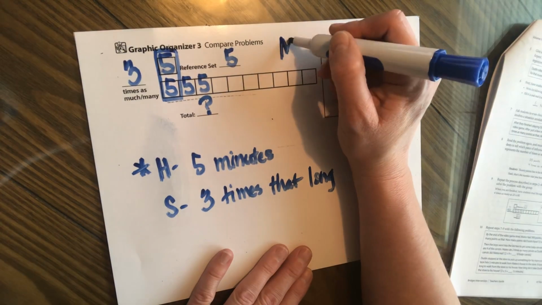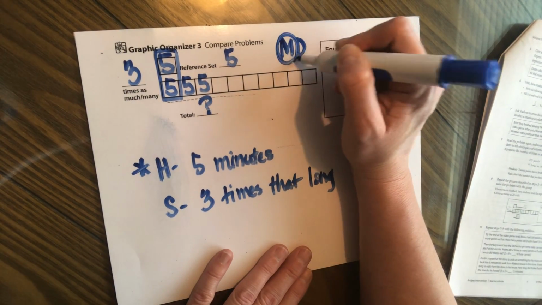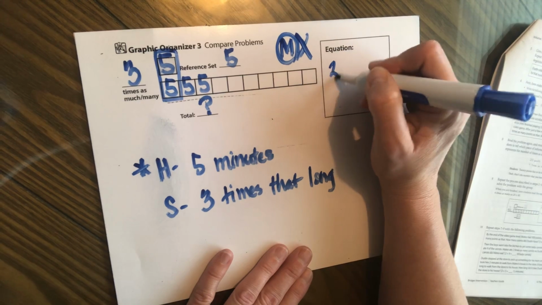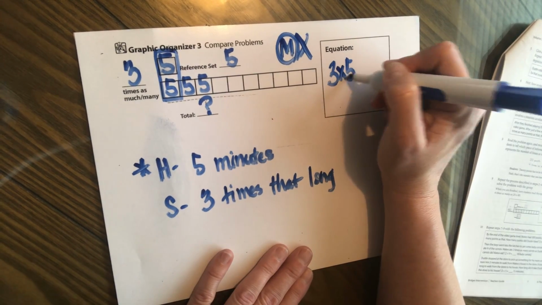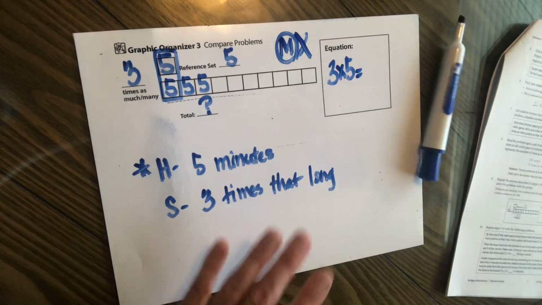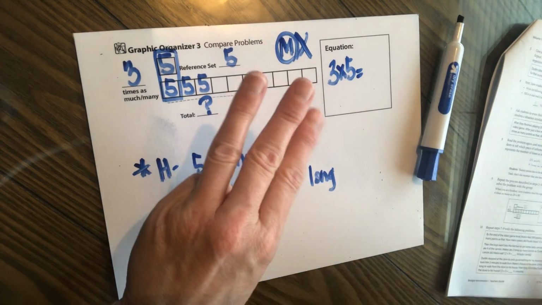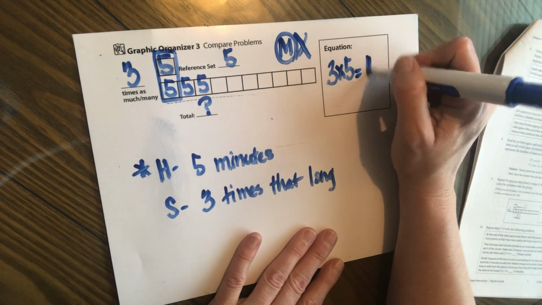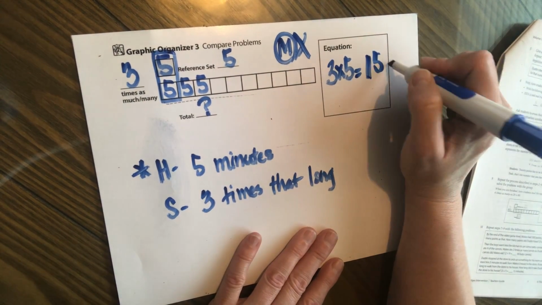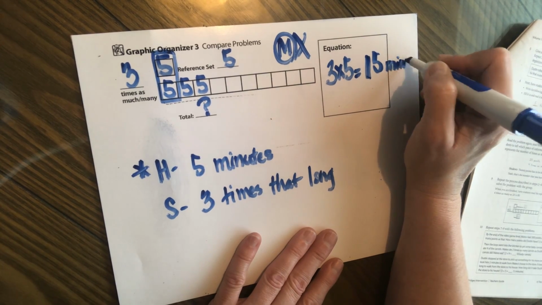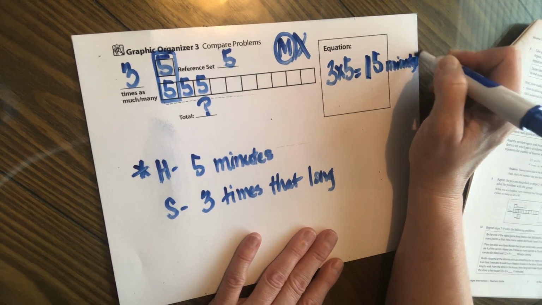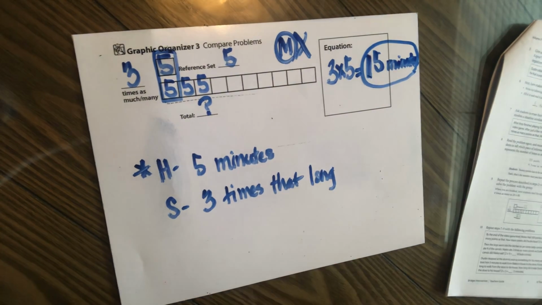So because I'm looking for the whole, it is a multiplication situation. I have got 3 sets of 5, or 3 groups of 5. 5, 10, 15. So it took him 15 minutes, which isn't very long, but it took him 15 minutes to get from the